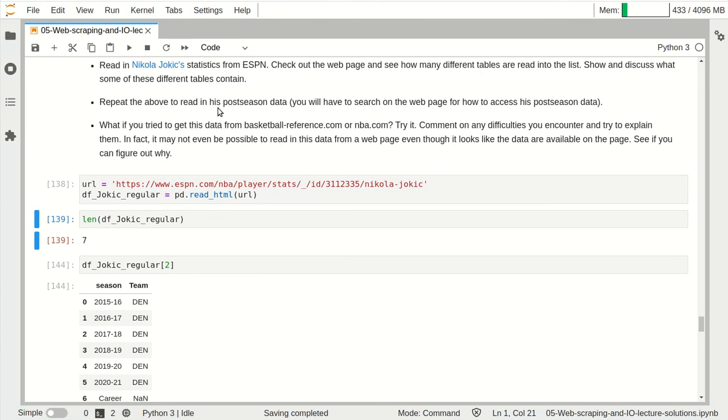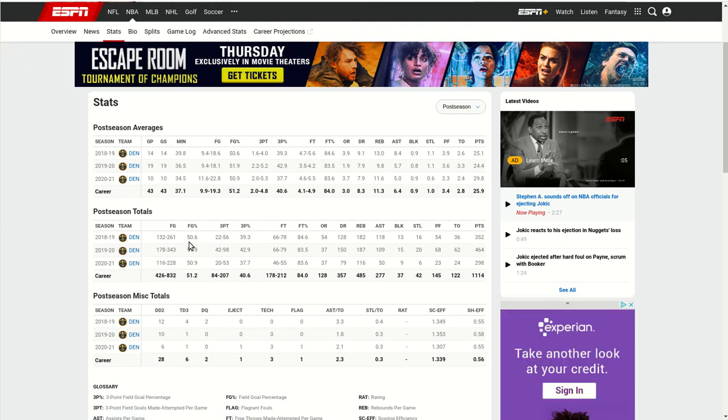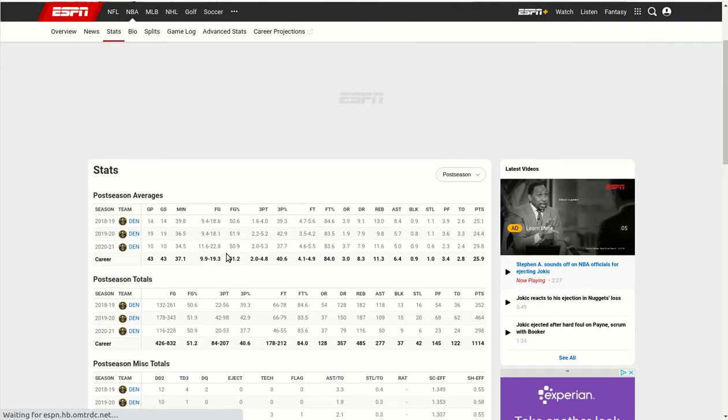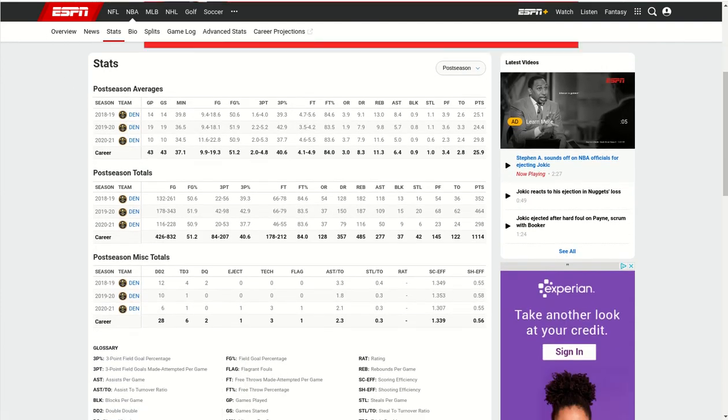But again, I just want you to go through it, summarize it, and explain what's going on, so you get used to understanding that just because you scrape data from a website, you still usually need to do some investigative work to truly understand what's going on with that data and the relationship of data in one data frame to another data frame. This is a good exercise to understand that this sometimes requires a bit of grunt work,